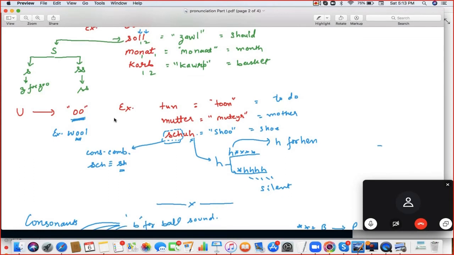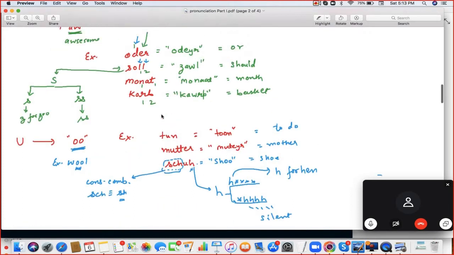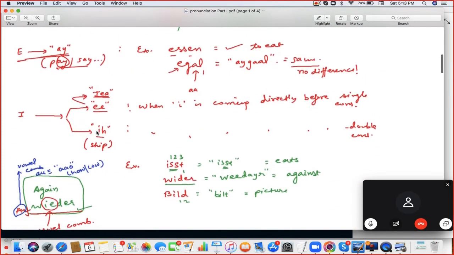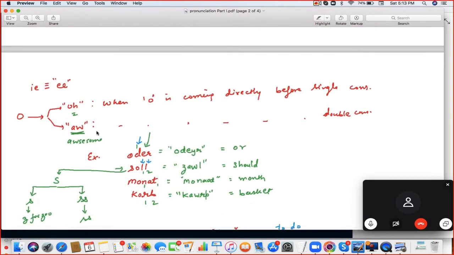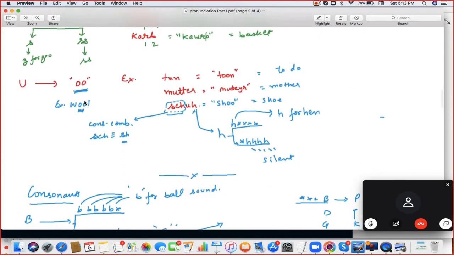U is having the U sound. There's a simple U sound. Neither short nor long. So you can see counting was there in A, I and O. In A it was I and A. In I it was long E, short E. And in O it was O and O. In E there was no counting. E sound was just like area, mathematics area. And U sound is again very simple. This is just U. No counting involved in this. So speak this example. Tune. Tone.